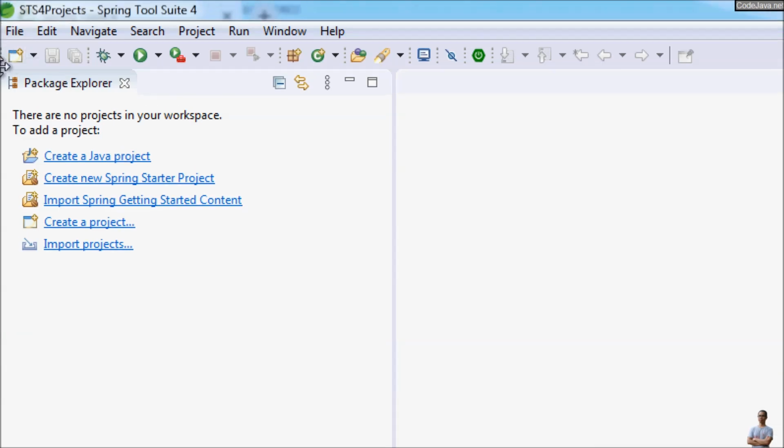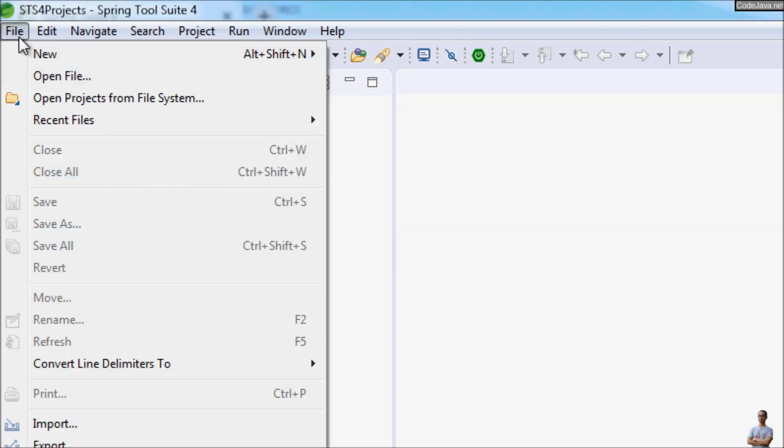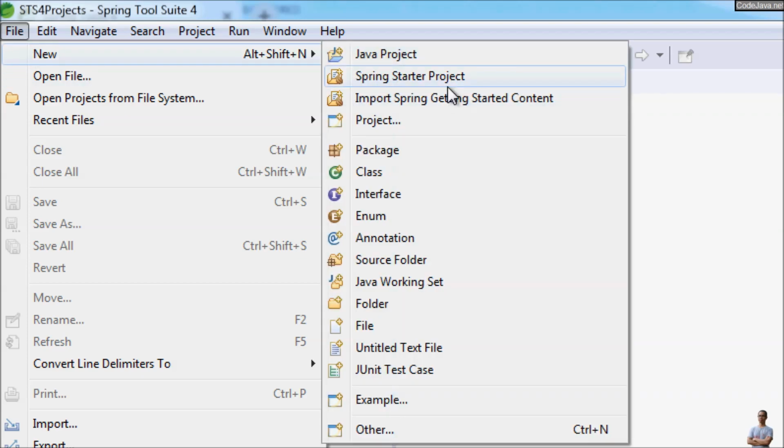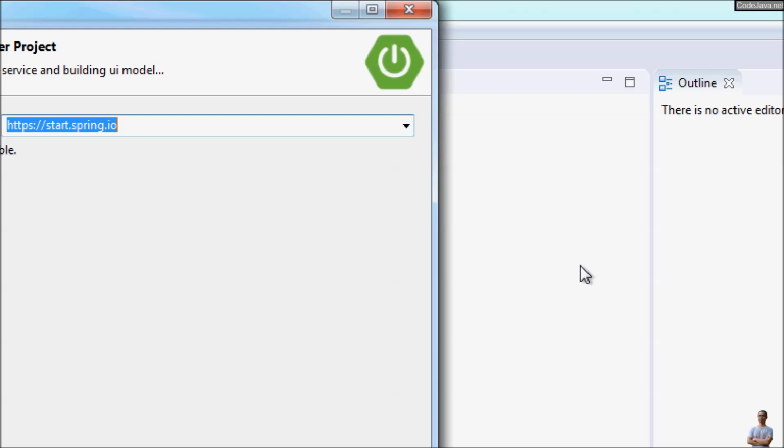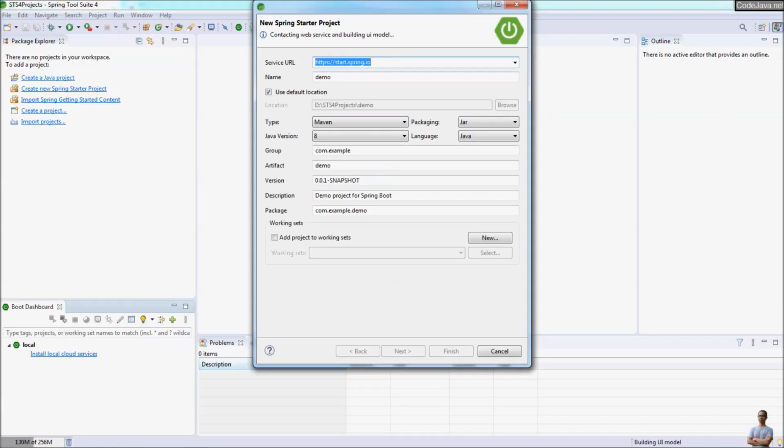You can see in the first time you use STS, the hybrid lets you create a new Spring Starter project here, or you can go to the menu File, New, Spring Starter project, and the new Spring Starter project wizard lets you configure